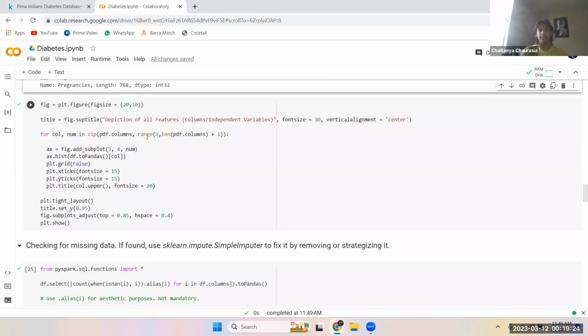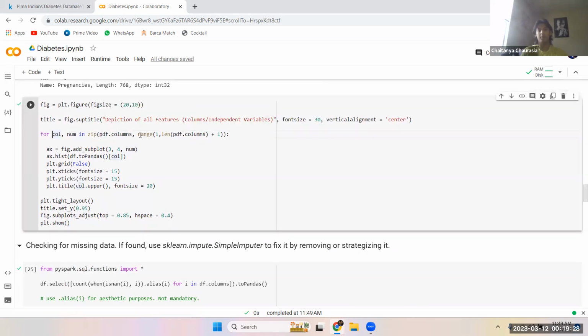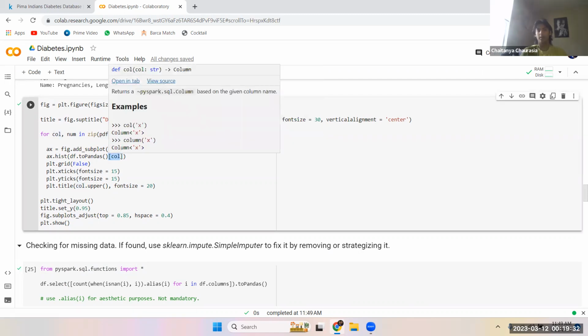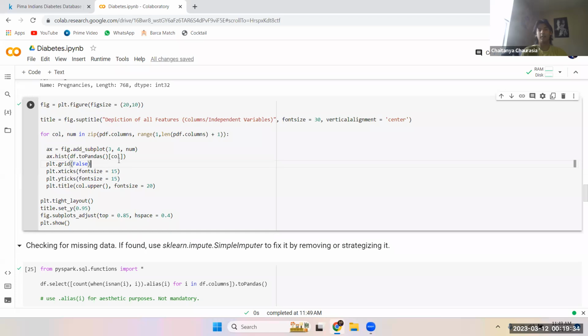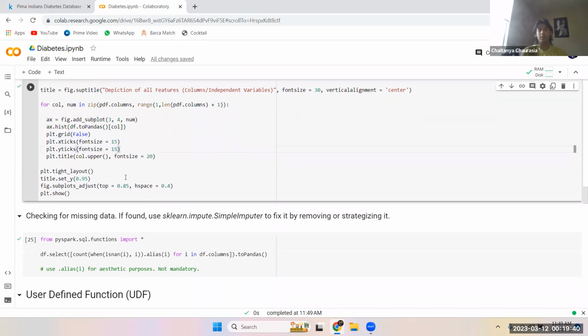Since range is one dot from pdf.columns, code belongs to pdf.columns. We've used code as a variable, so it will iterate through the list of pdf.columns and it will provide the name. And we don't want the grid. You can set this to true and false. Again, this is all my preference. You can convert this, and then code.upper, there's a title layout. And then these are just some positionings. And then yeah, if you run that, you can see